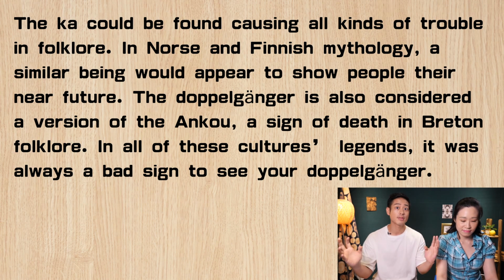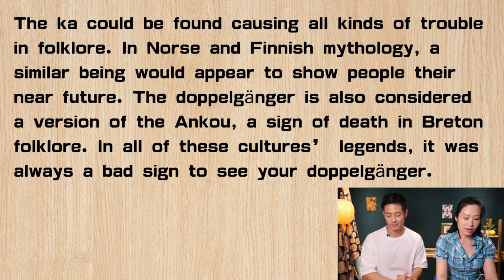So here when I read it, because it's a lot of different kinds of trouble, I would make sure to emphasize all by dragging it out. All kinds of folklore. 对 all kinds of trouble. Yeah, all kinds of trouble，就是这边要强调的就是呢，这个 trouble，因为你看到 ka 这个字呢，就是表示哇，你会造成很多很多不一样的这个 trouble。还有这边的这个 find，这个原本是 find 的这个字，后面那个动词加了一个 ing，它其实就是在形容说这个东西正在发生。所以他就说，当你看到 ka 这个字出现的时候呢，就是你会发现到这个 causing